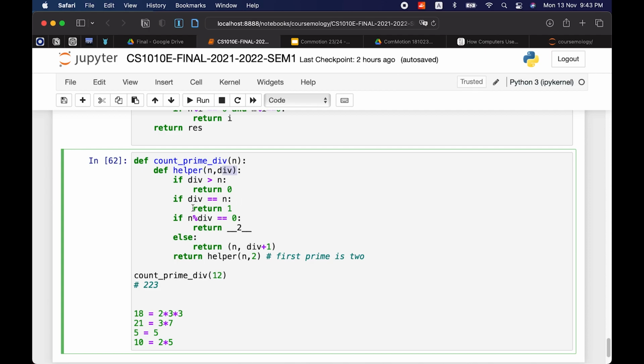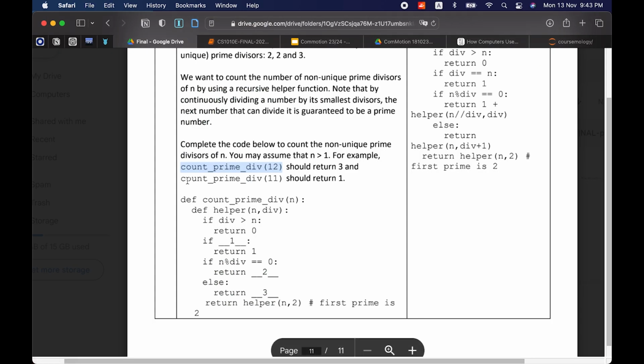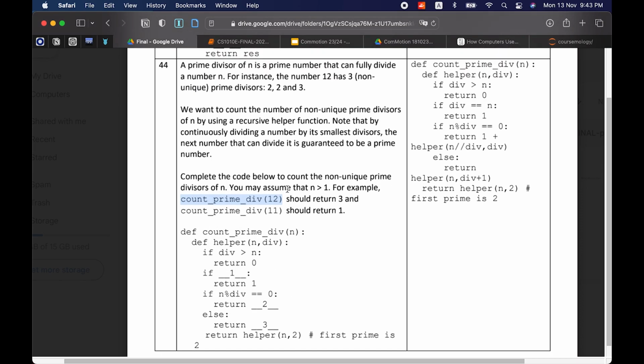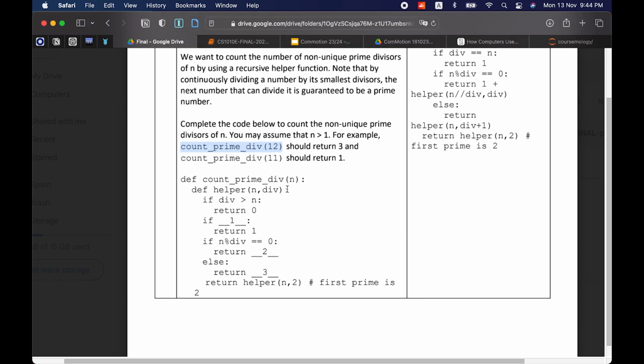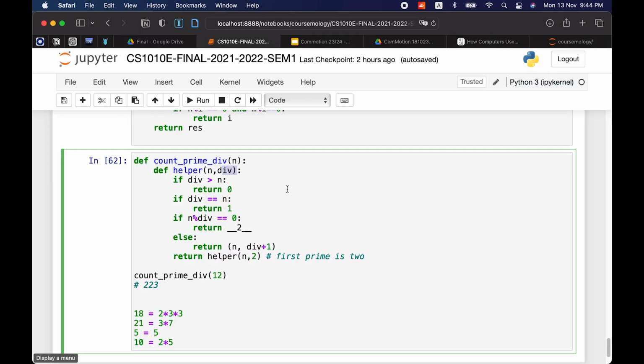We start with div as 2. 2 starts with 2, so 2 is not more than n, and 2 is not equal to n, 2 is not equal to 10. Let's say in that case where it's 10.